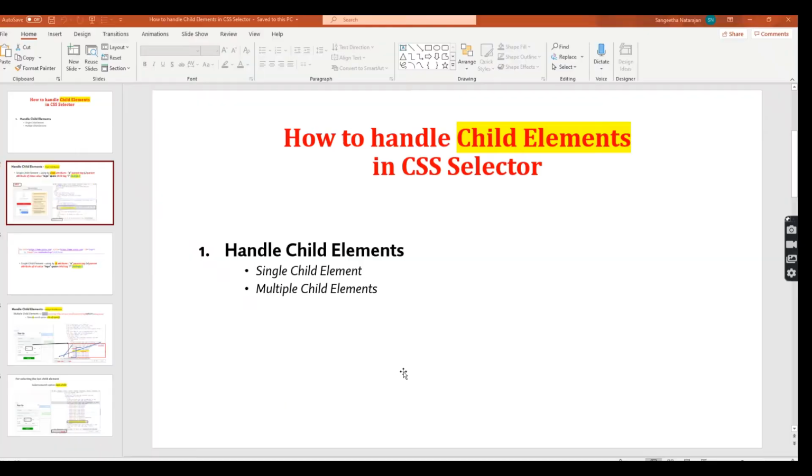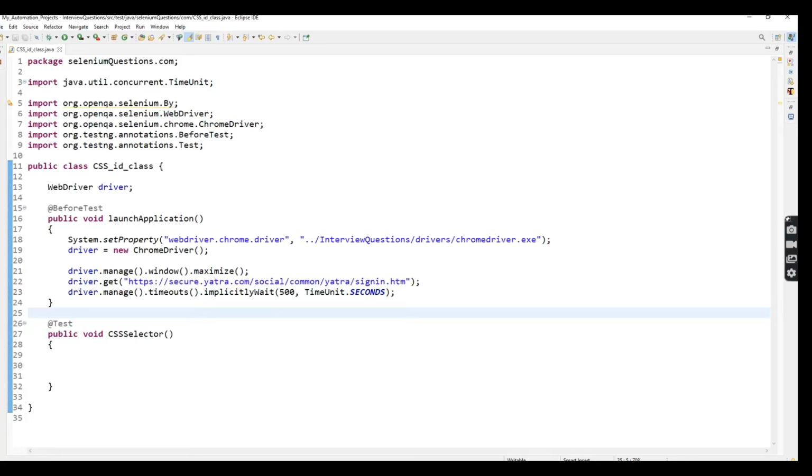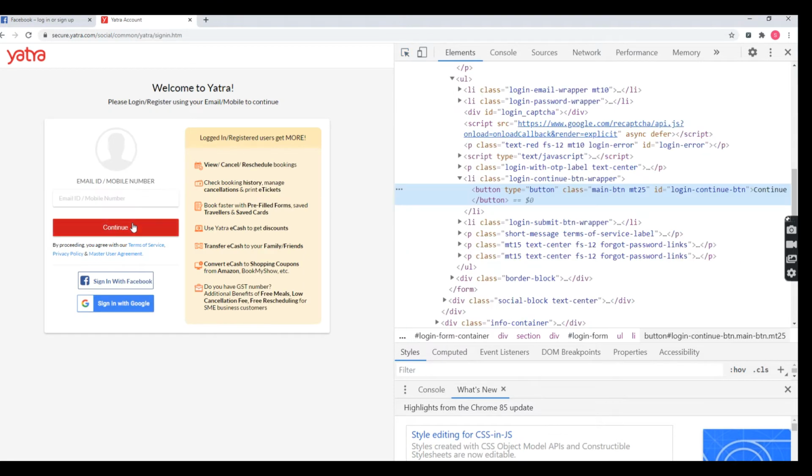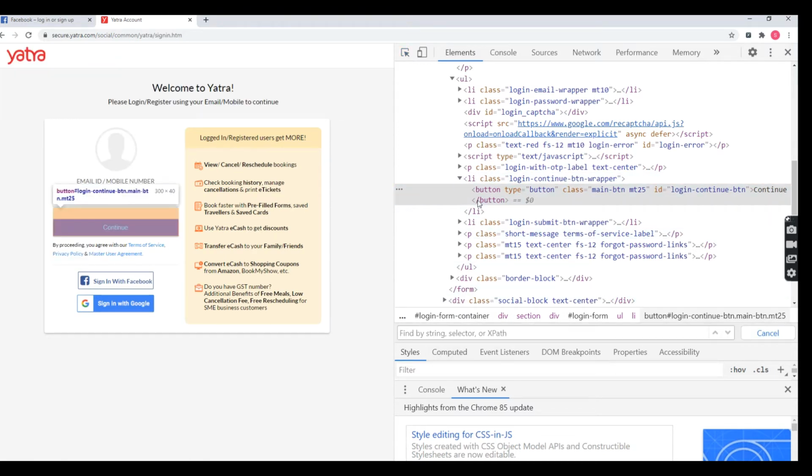Let's see. Here I'm going to take a single element for this continue button. What is the parent tag for the button? It is enclosing the li tag, correct?